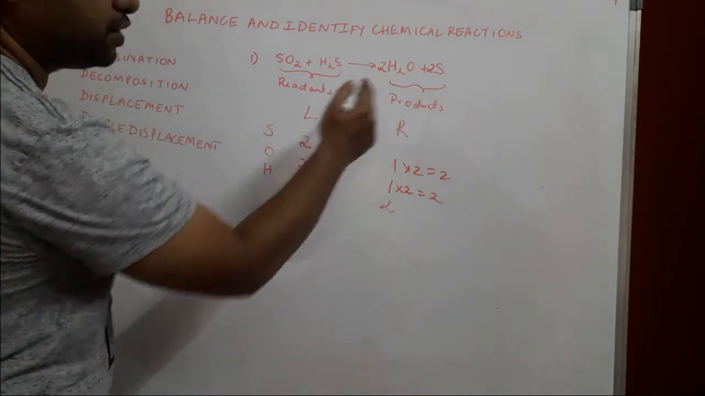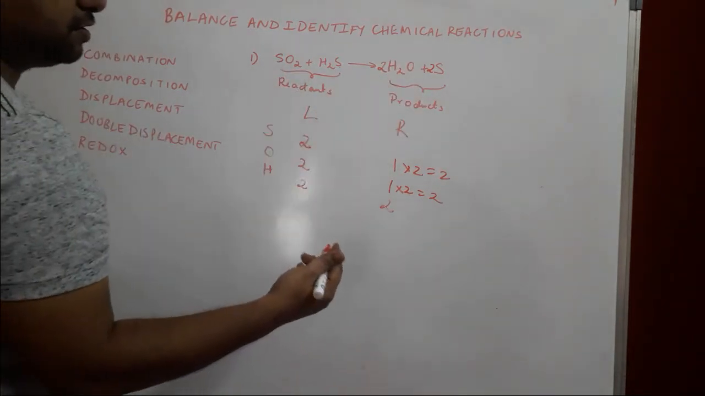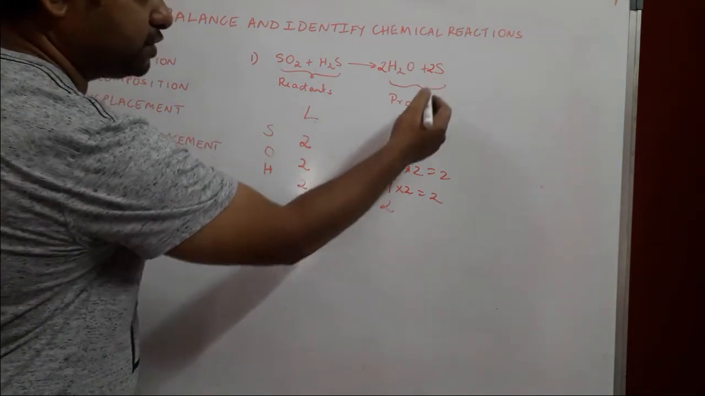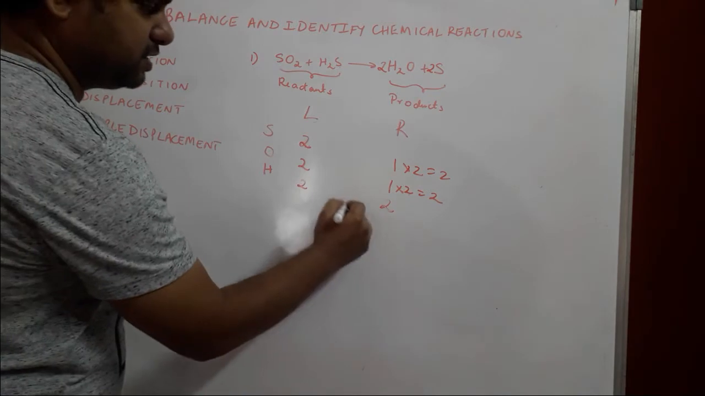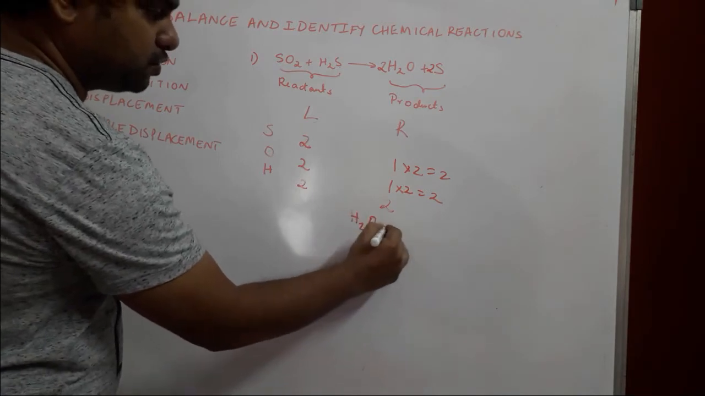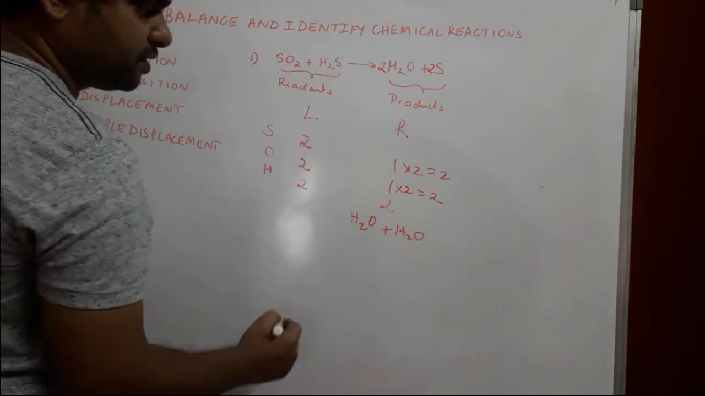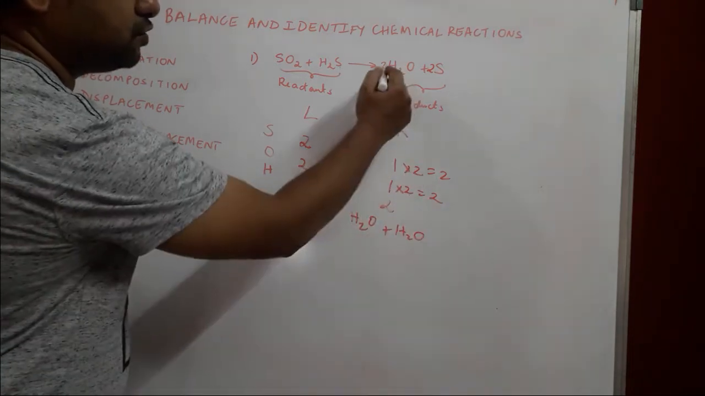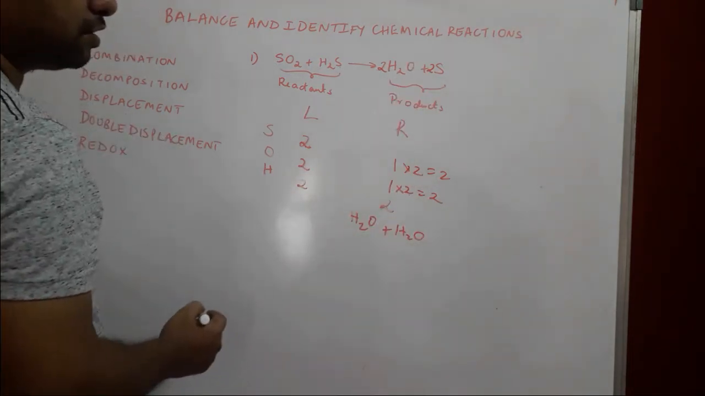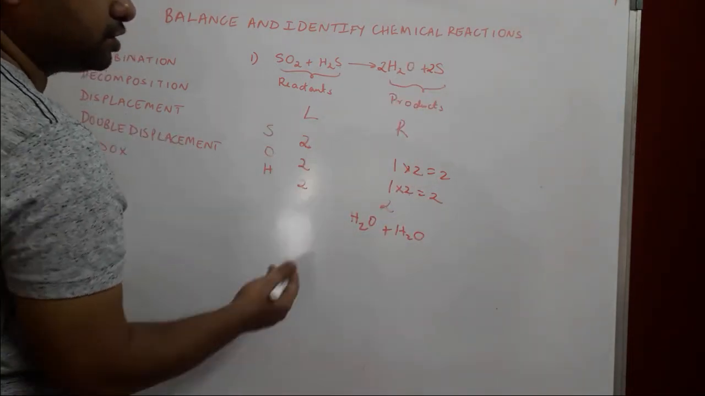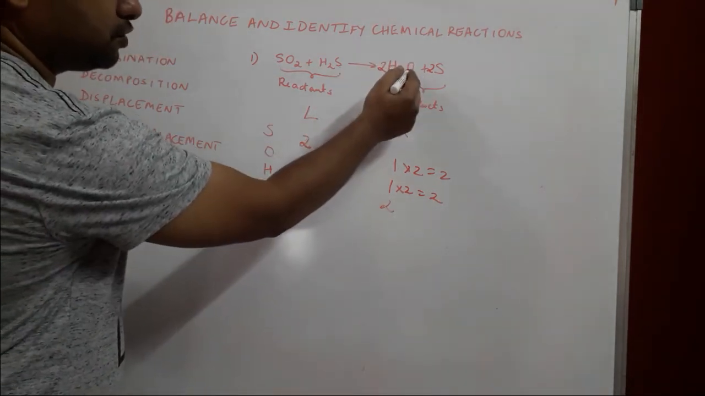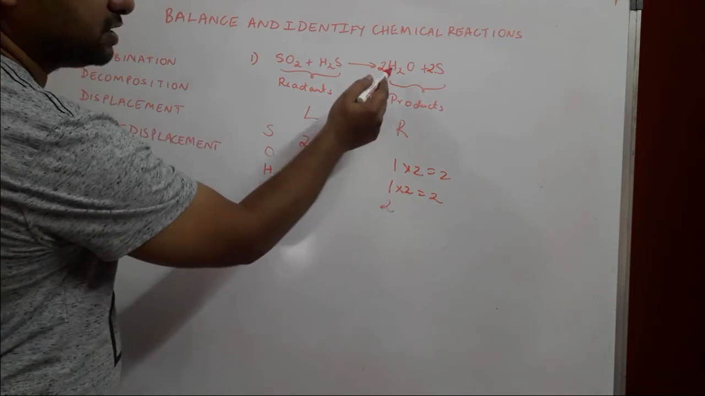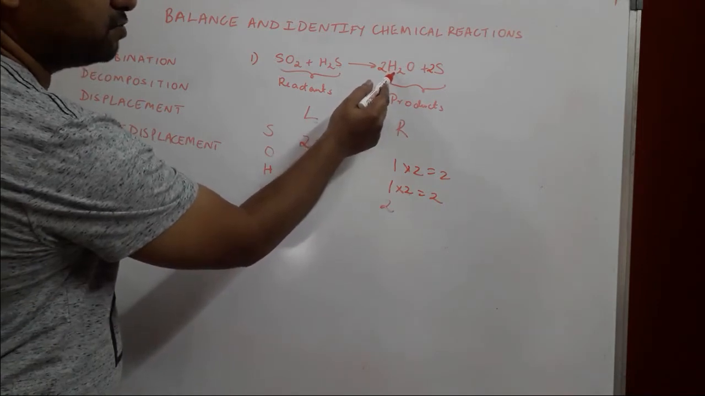Okay, H2O is a water molecule. And when we say 2 H2O, it means 2 molecules of water. So that means it is actually H2O plus H2O, which is giving us 2 molecules of water. Okay, so now that we have put 2 so that the oxygen gets balanced,